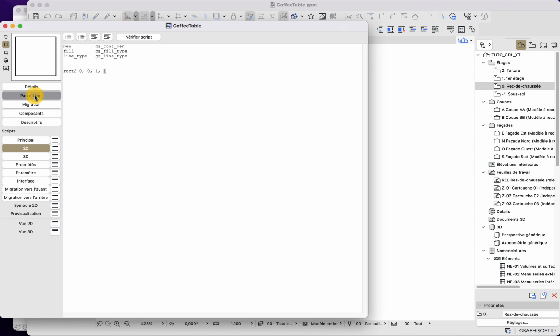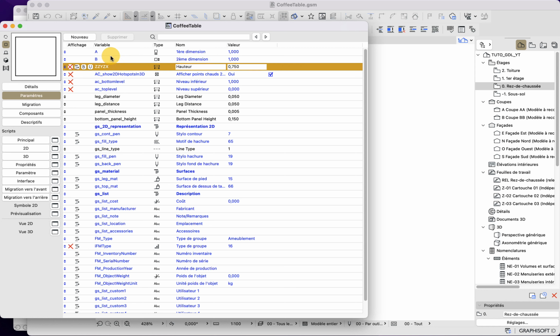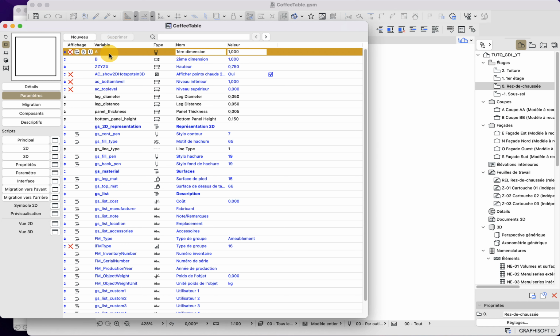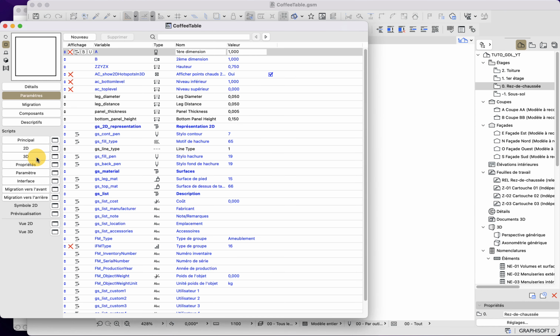If I want it to be parametric, I need to link those values to some specific parameter. And those parameters will be the first 3 here. Those are very important parameters, which are A, B, and size X. A, B will be mostly used in 2D for a specific reason, is that here when I select an object, you can see here in sizes, you have a length and width, which is basically A and B. And here when you have the height, it's basically size X. So here if I want these two values to impact my geometry, then I need to use AB.